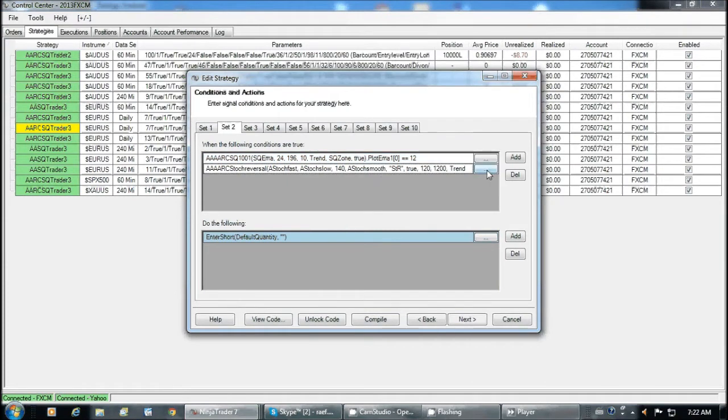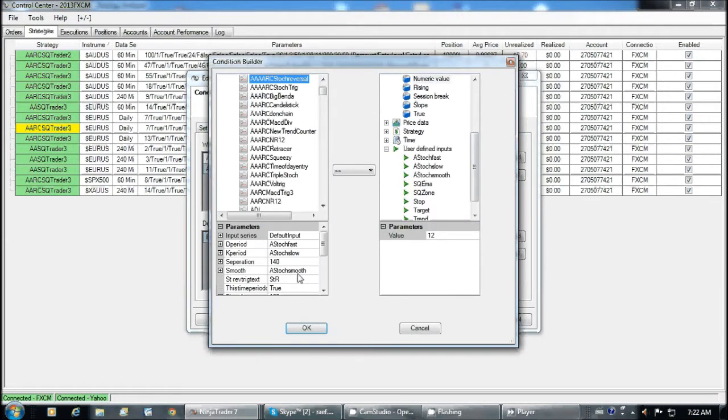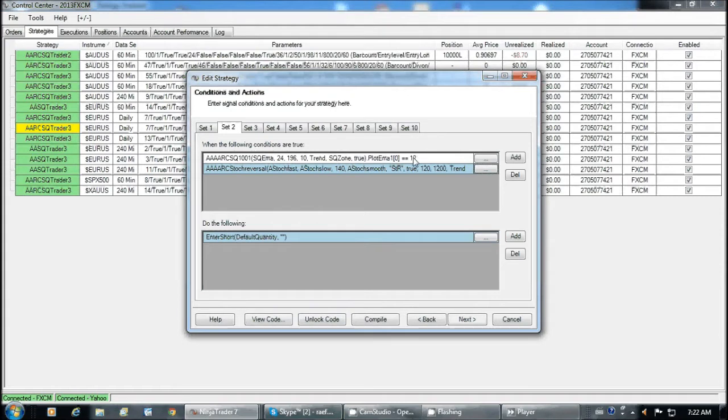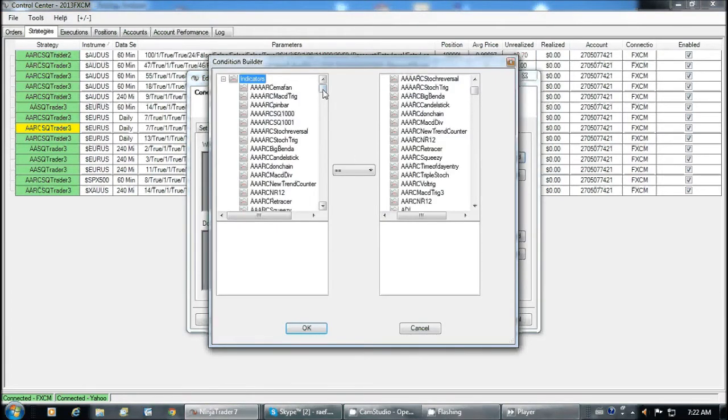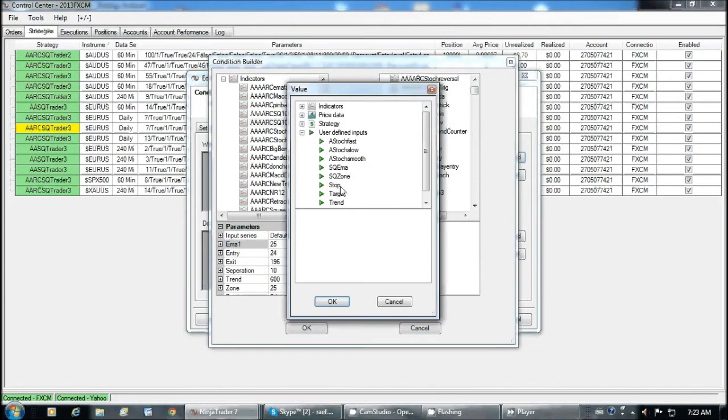And the same thing with the stochastic reversal. We've gone through, set it up the same way with a value of 11. So when the SQ1001 is giving us a sell signal, and the SQ1012 stochastic is giving us a sell signal, enter a default quantity. What I'm also going to do, which I haven't done, is put in, so that we can see it,